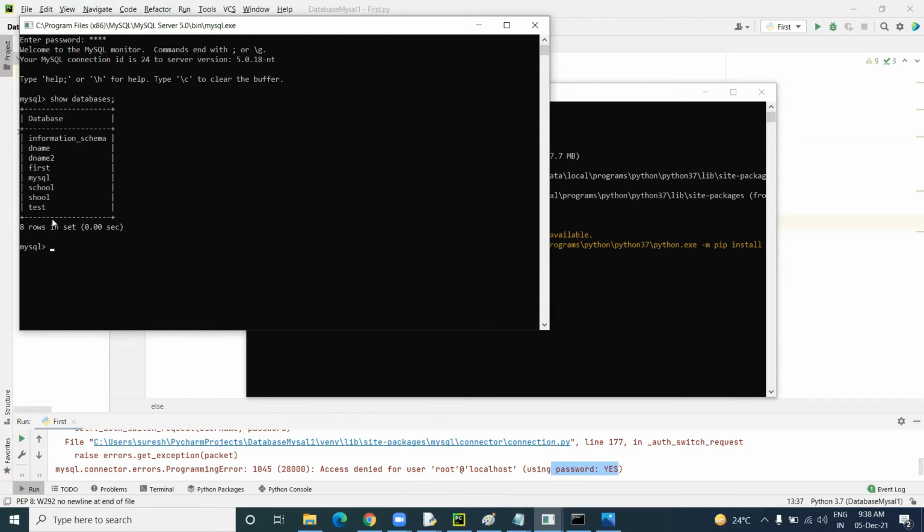Here we created these many databases, like rename, first, MySQL, school, test. These are all databases. If you want to create any extra database, we can create it from here or from MySQL. From here we can generate tables and enter the data. Same way we can enter the data from the Python application. So anywhere, they can communicate with each other.